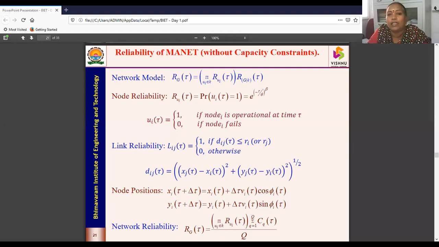Okay, so next we'll go into this. Today's content is going to be the MANET reliability using radio propagation model. As we know, radio propagation model, we all have,